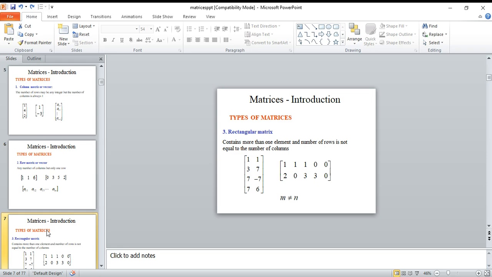The next example looks like a rectangle. That means it is a rectangular matrix. Simple. Rows not equal to columns is a rectangular matrix. Simple definition. And the next example is